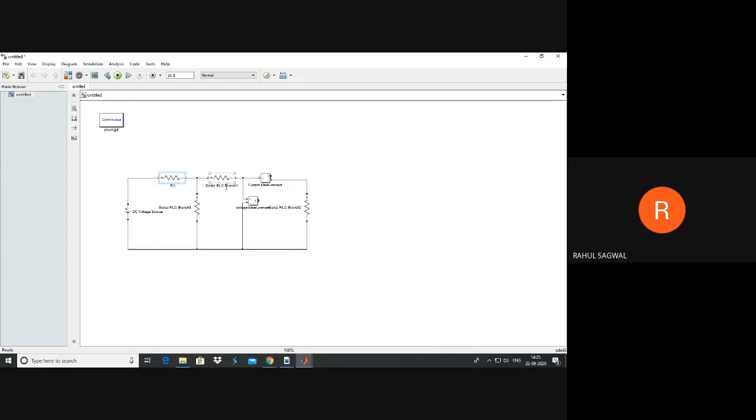Rename these resistances by clicking on this text, then press Ctrl plus A to select it all at once. Rename it as R2, or you can use backspace on your keyboard, and R3, R load.